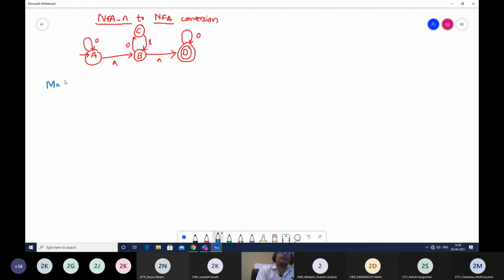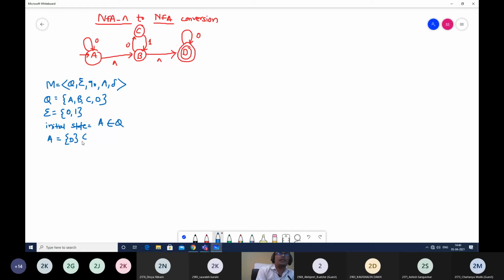So our given NFA is M, whose set of states is A, B, C and D. The alphabet is 0 and 1. The initial state is A, which belongs to capital Q. The accepting state is D, which is a subset of capital Q. And our transition table is